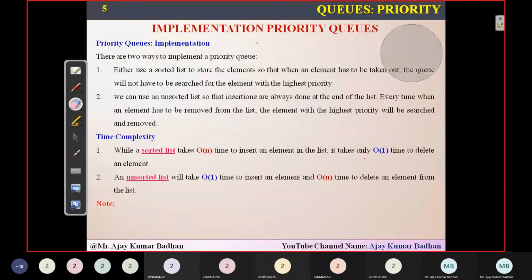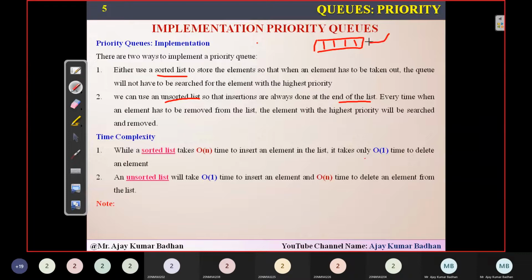The second option is to use an unsorted list. Please consider this is a sorted list and this is an unsorted list. When you use an unsorted list, the insertions will be done at the end of the list. So you are not going to consider any kind of sorting.